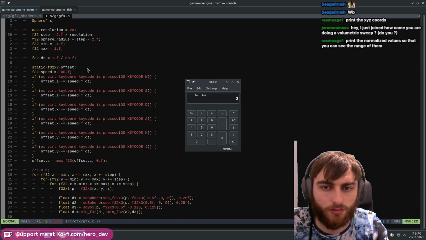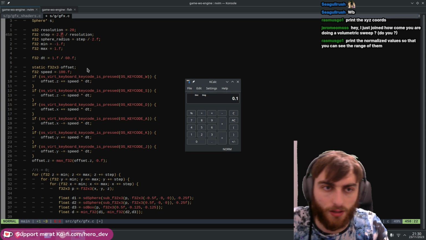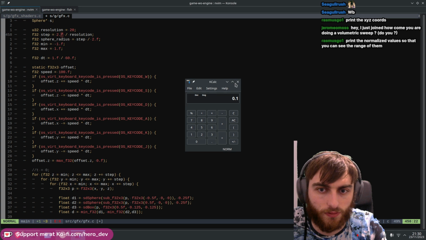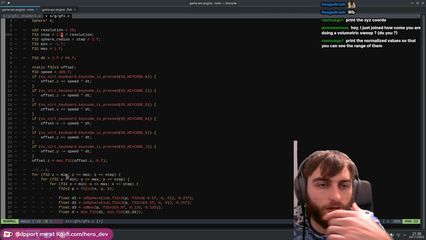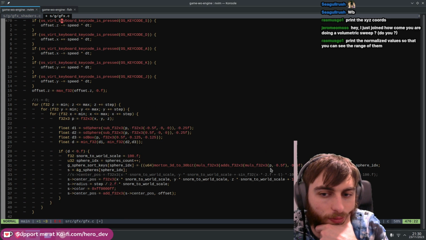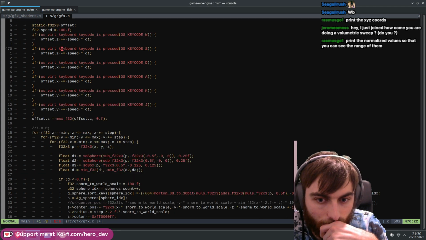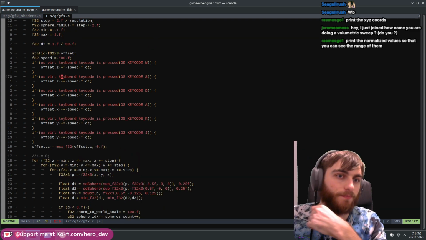Let's just double check that. 1 divided by 20 is 0.05. 2 divided by 20. Yeah, so it makes you step twice as much. That's fine. That's what we want because we're in signed norm space. Right, and then we convert that into normalized space. Then we times it by 20. So each sphere